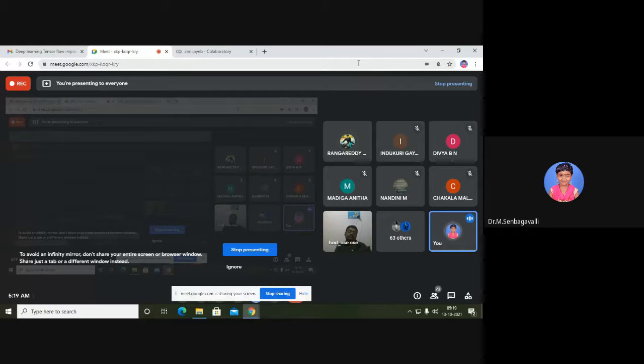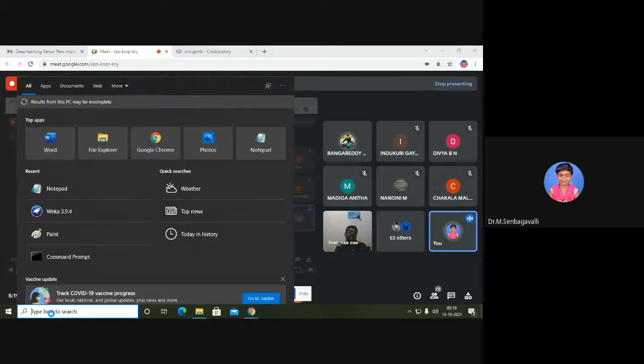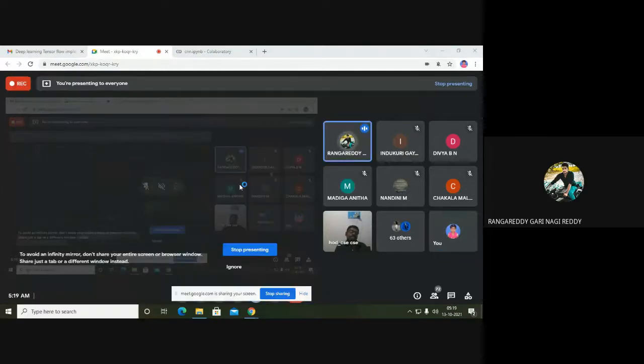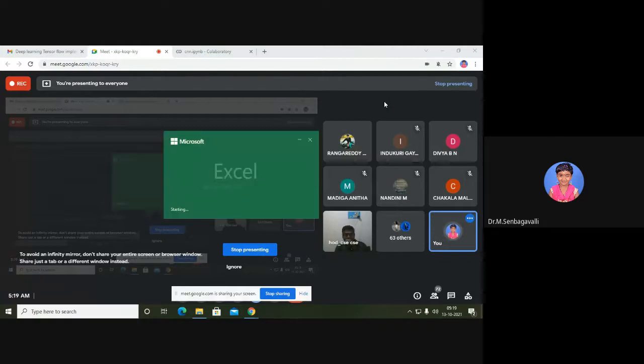If it is textual information, as I told you before, you use Excel. Notepad can also be used, as I showed you. That ARR file format, you can use it too.